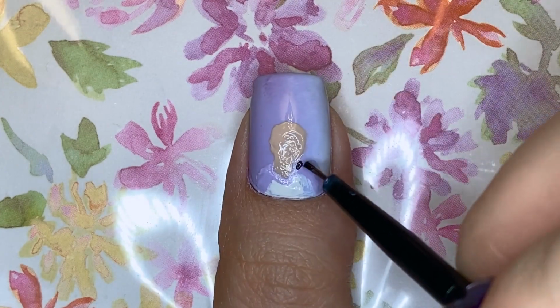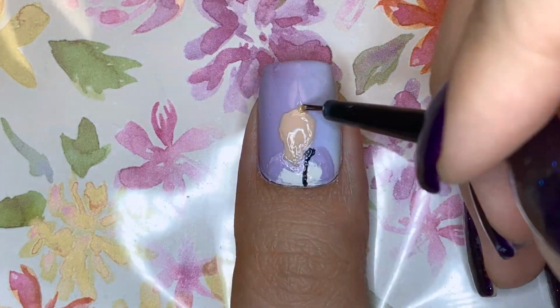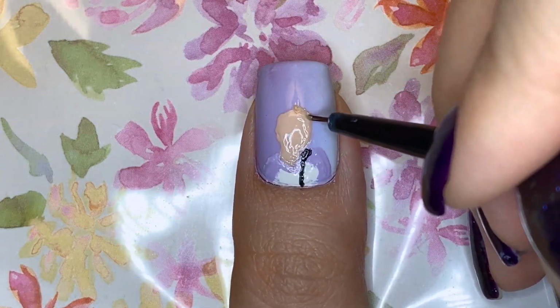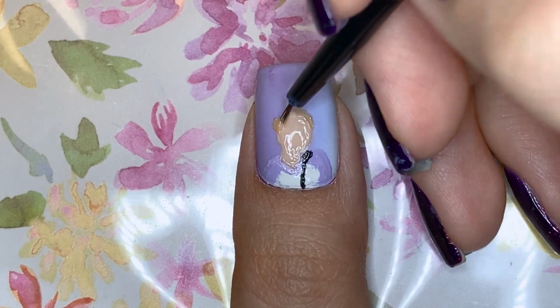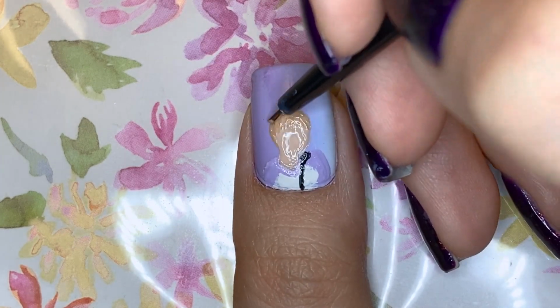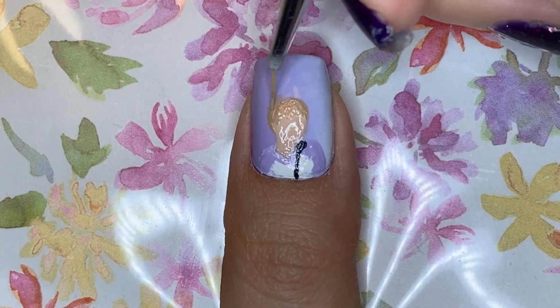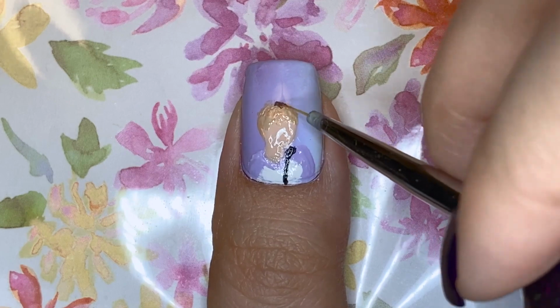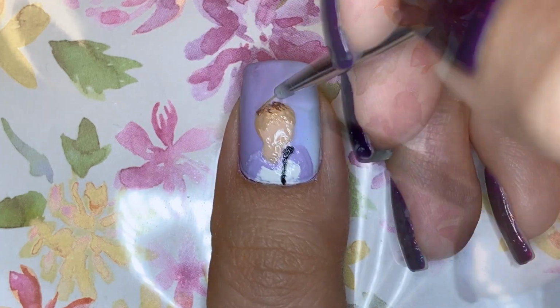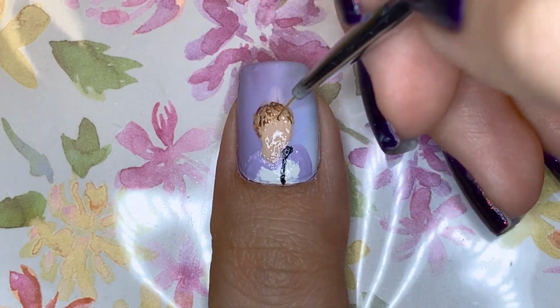And now I'm just adding a thin black line across his body for the strap to his mini bag. Next is the hair, and I'm starting with the lightest color, which is a light tan, and I'll also be adding darker tans and browns to add some shadow. And his hair is just generally a mix of colors, so I'm just going to add a few lines here and there to make it look realistic. And I'm also going to the top to add that signature little ponytail at the top of the head for